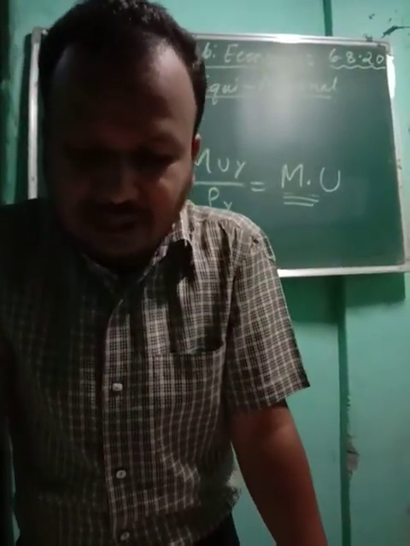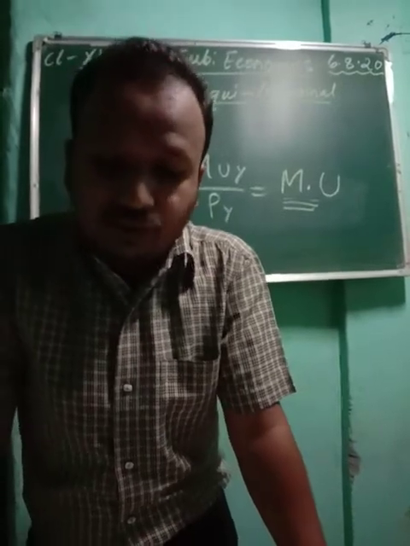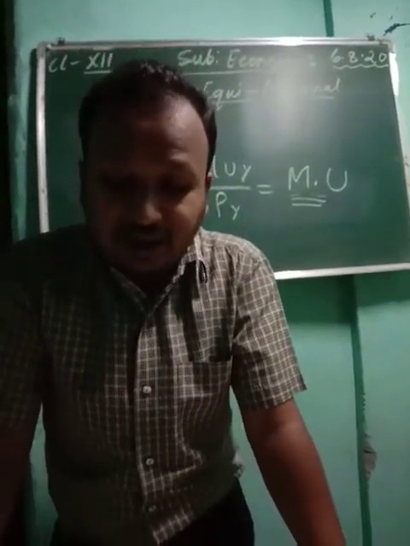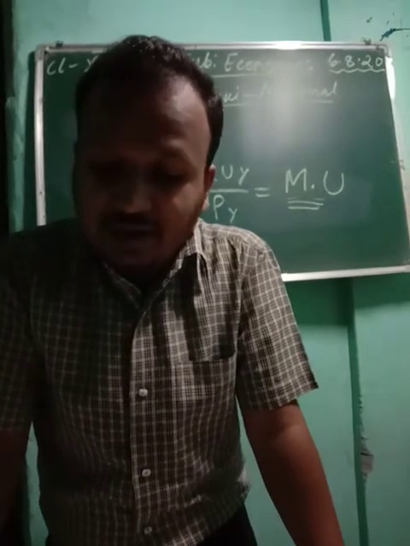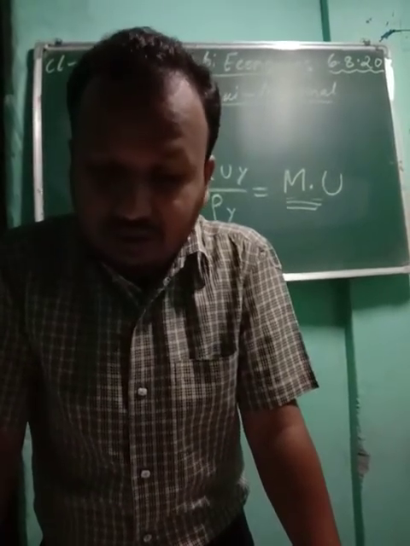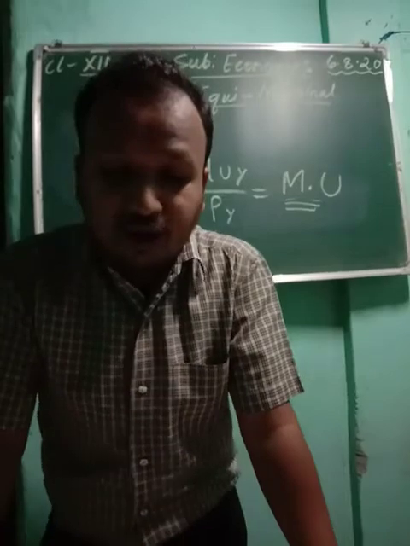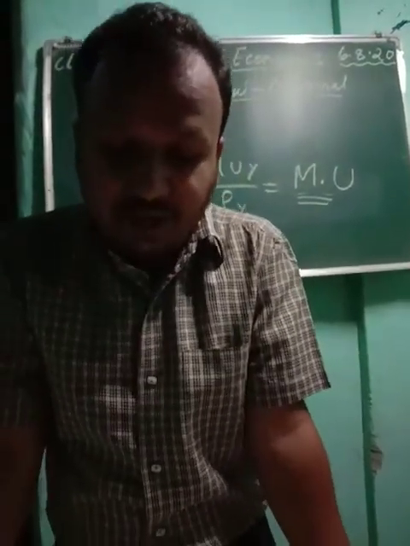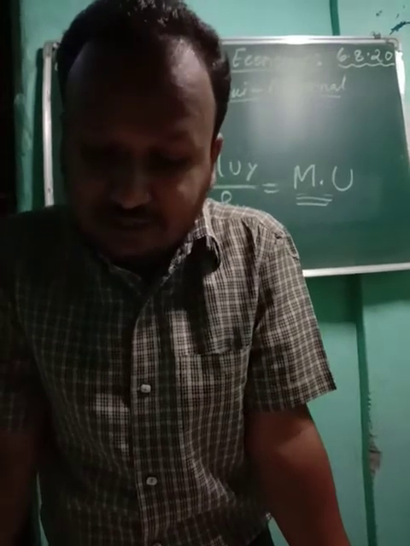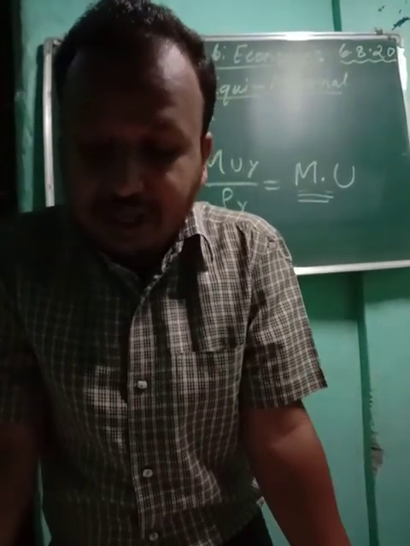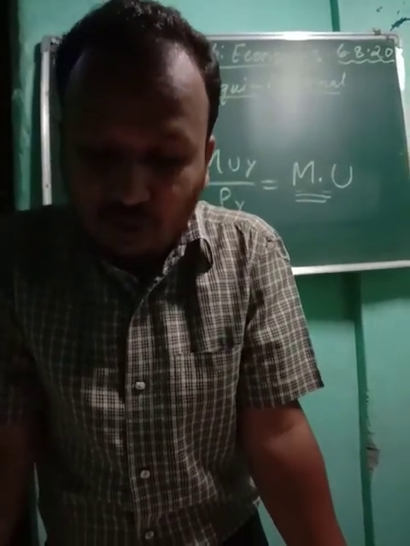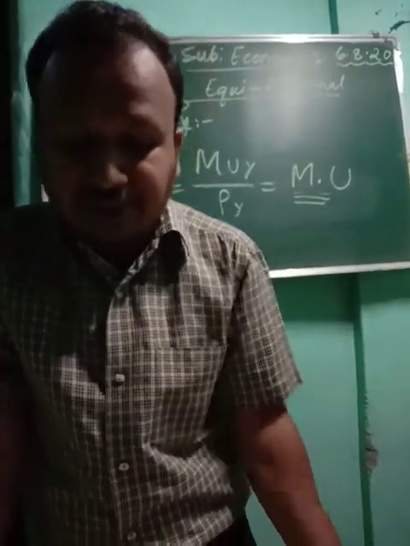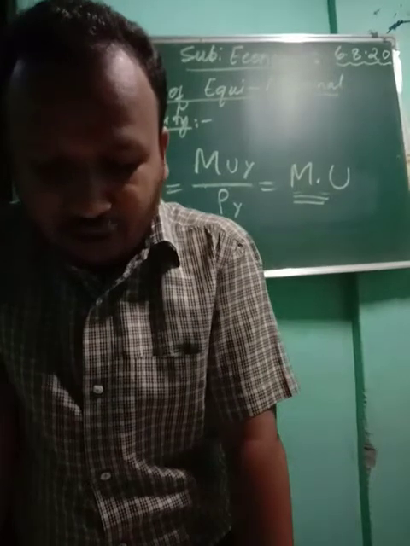Now you can see on page number 4.10 the marginal utility of oranges is given. You see here 1, 2, 3, 4, 5 units have been taken. The marginal utility of mango is given as 8, 6, 4, 2, 1. For oranges, you see 10, 8, 6, 4, 2 is given. That means you see here what they are going to do.